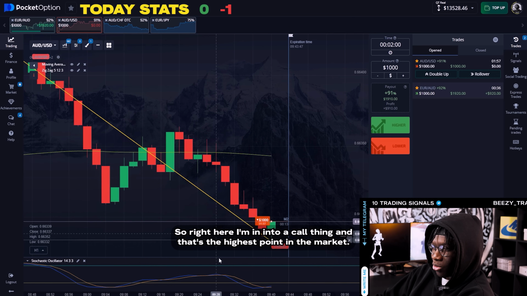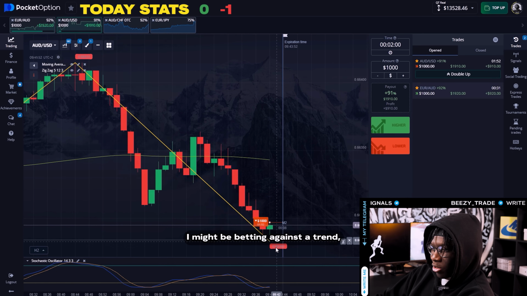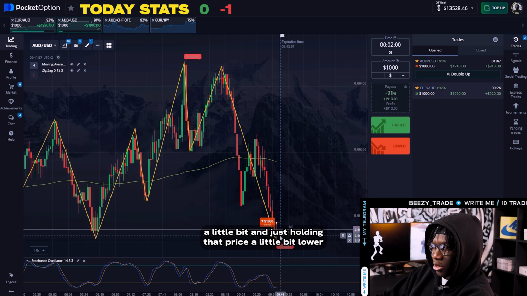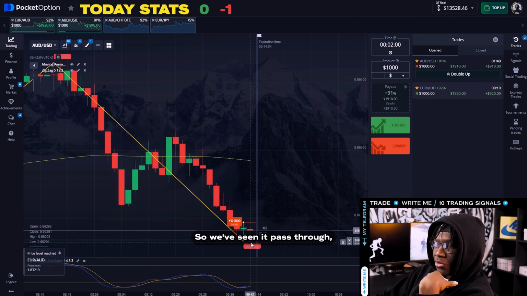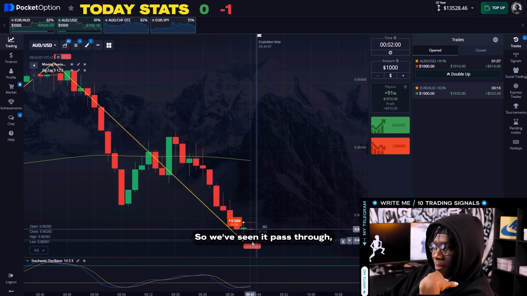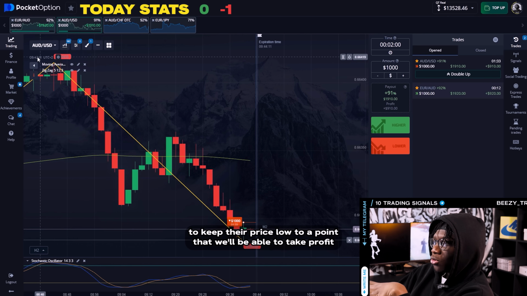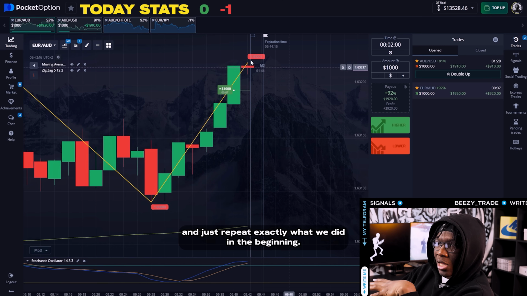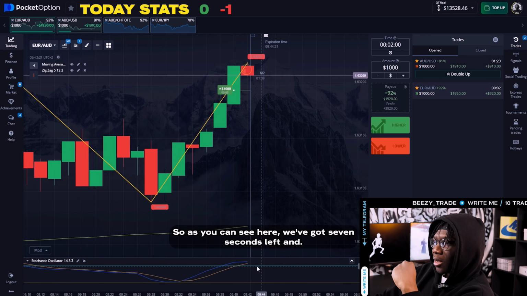So right here, I'm entering into a call, thinking that's the highest point in the market. I might be betting against the trend, but I can see the sellers pushing that price down a little bit and just holding that price a little bit lower for the next couple of candles before we see a full change. So we've seen it pass through our price level, but I'm still expecting the sellers to keep that price low to a point that we'll be able to take profit and just repeat exactly what we did in the beginning. So as you can see here, we've got 7 seconds left, and